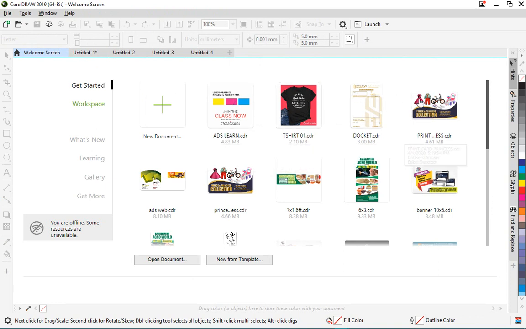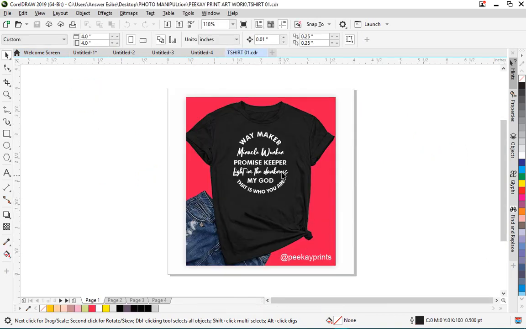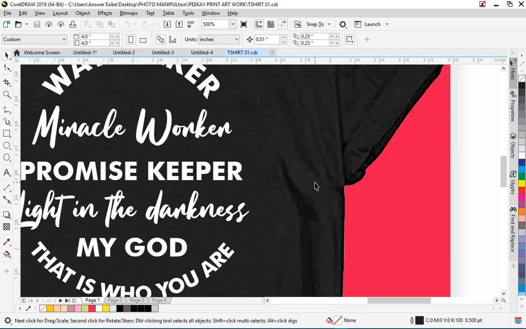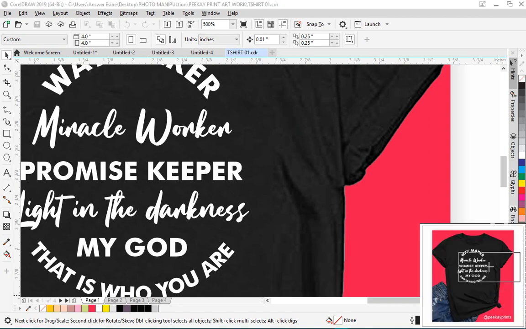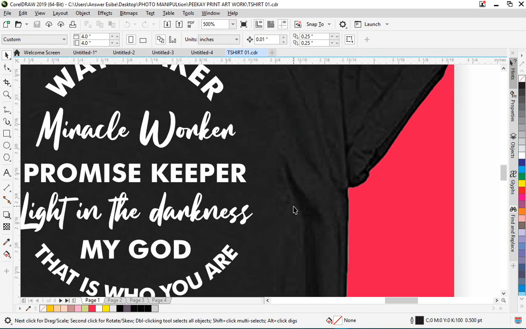So it allows you to zoom into a particular part of your drawing. For instance, if I zoom in too close and walk around here, and I want to view the other part of the document, I can come and click on the navigator. You press and hold down your mouse, then you drag